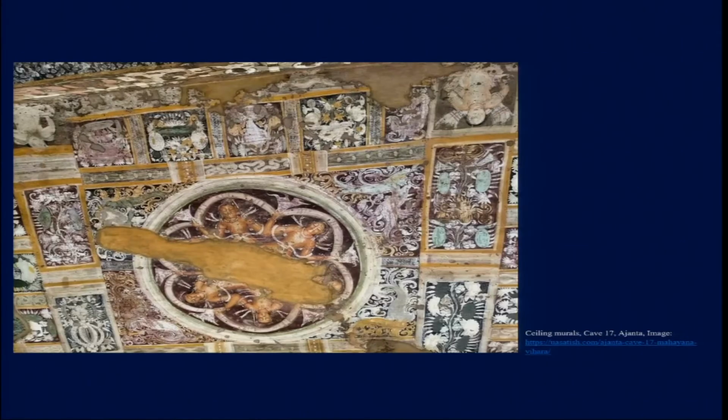Now, this other image I wanted to show here is from one of the ceiling murals in cave 17, which is also a cave that was painted perhaps between the 6th and 7th century. In this one, what we have here is part of the ceiling decoration. In the ceiling decoration, unlike the one that we have on the walls, we have more of the decorative and